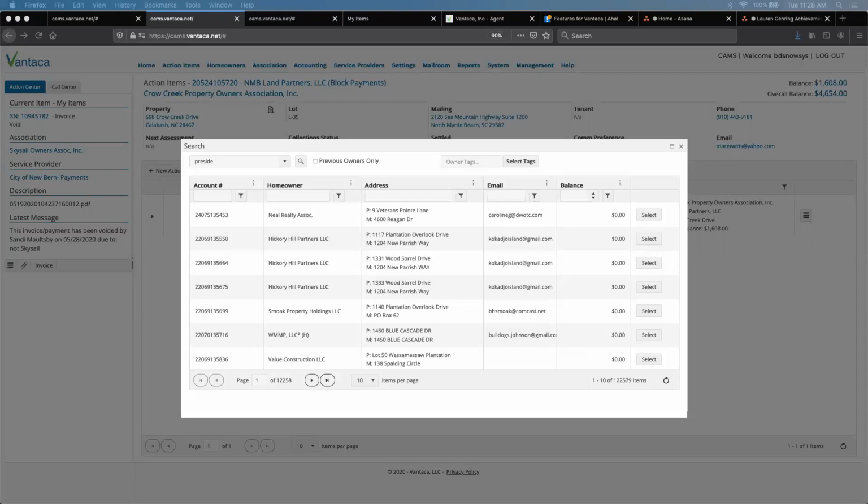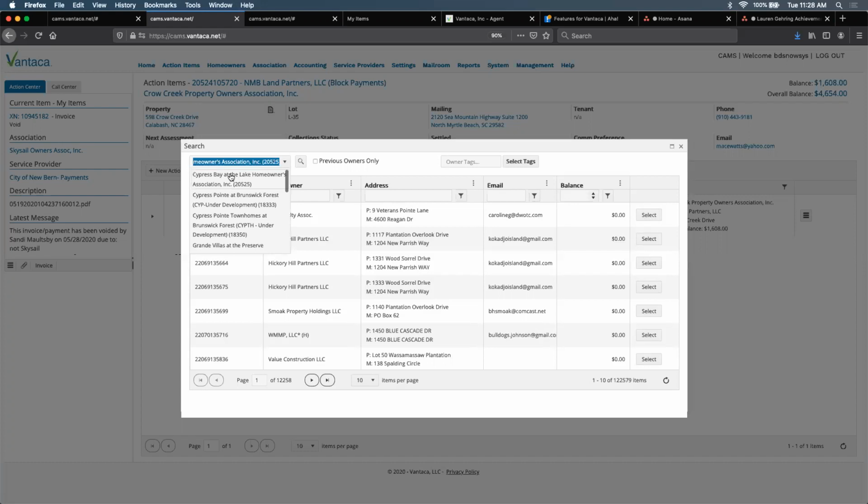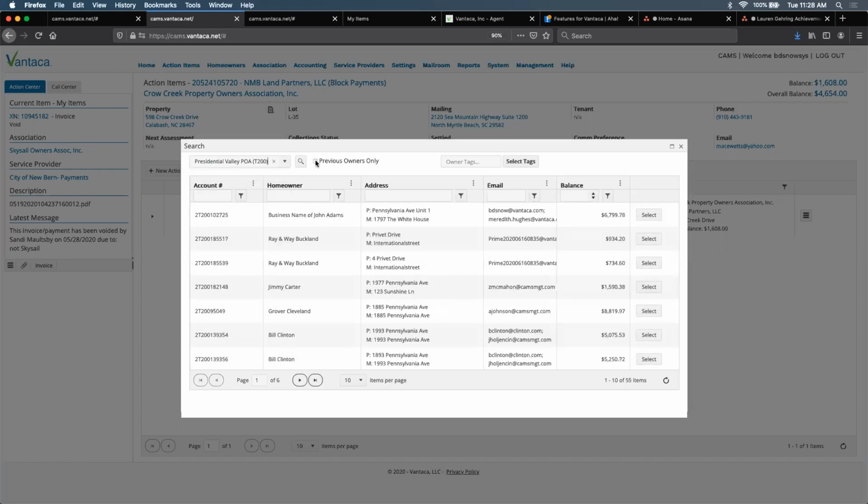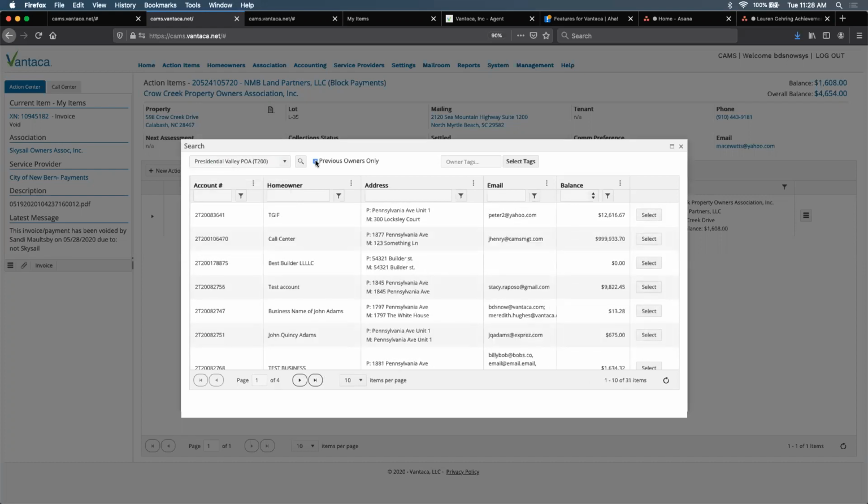All right, the next one I think is probably going to be geared more towards our AR team here. So payment methods for previous owners. So previously our homeowner payment method screen would only display the current owner, and it would filter out the previous owners. So even if you go to a previous owner account and you select their payment method, it was still presenting the current owner's information, which effectively made it impossible for us to set up those payment plans on the previous owner accounts, right? So now we do have the ability to generate payment plans for previous owners